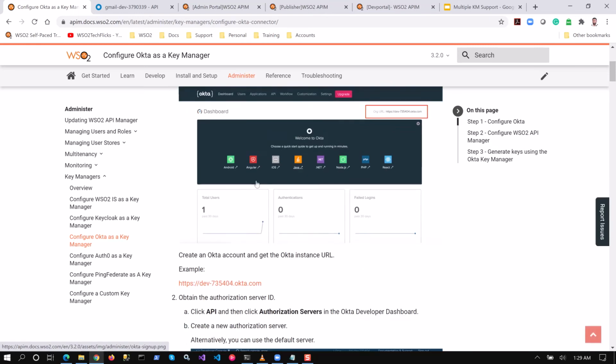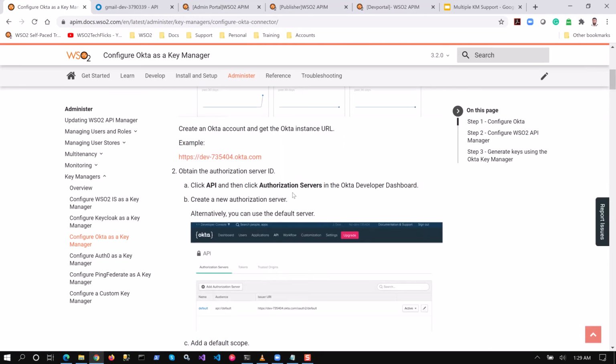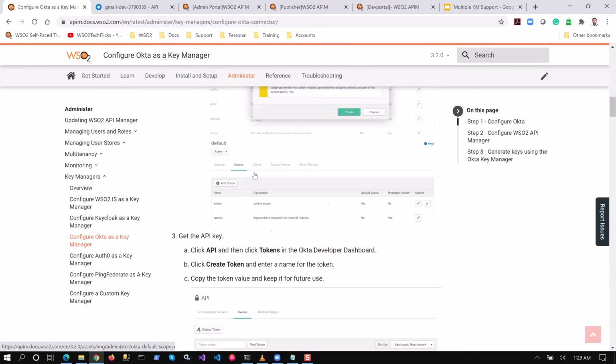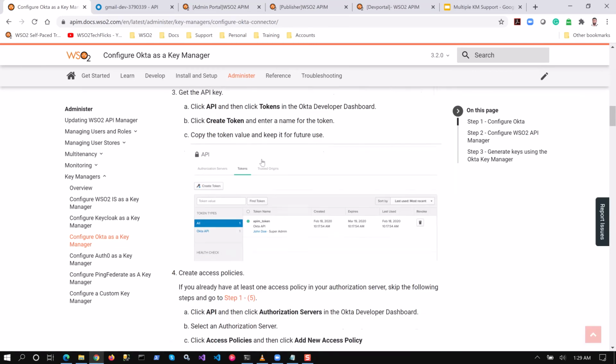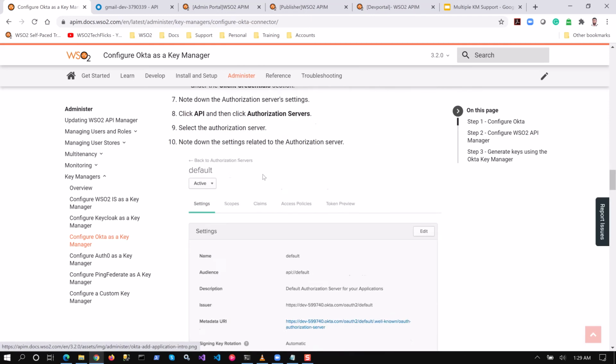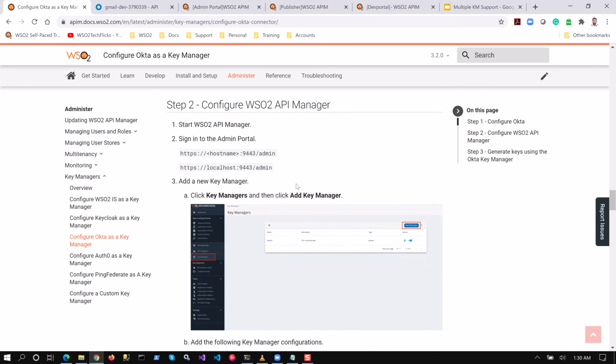So if you follow along these steps, you will be able to configure the Okta side as well. I have configured all these beforehand, and now I'm going to show you how to do the WSO2 configuration to support this Okta as a key manager.